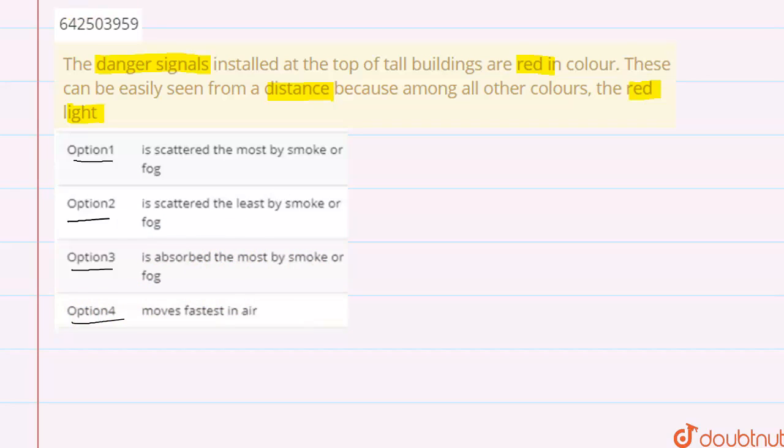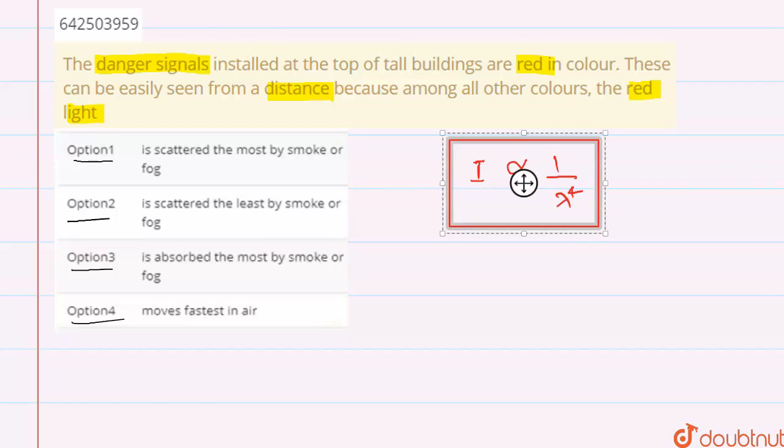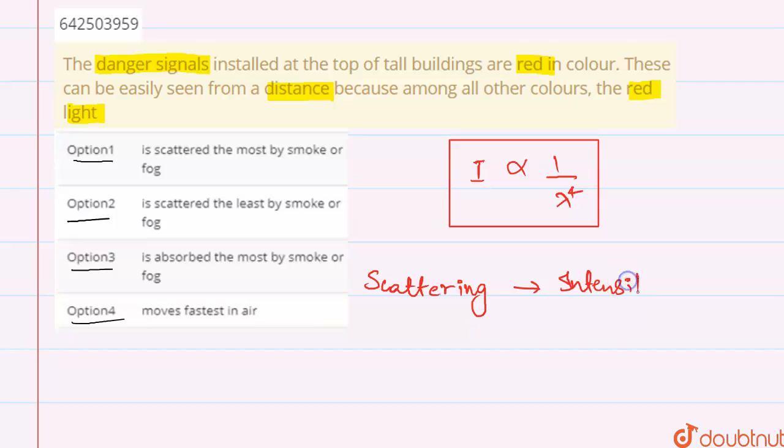So basically, in the context of scattering, we know from Rayleigh's experiment that the intensity of light is inversely proportional to the fourth power of lambda. This is Rayleigh's result. And we know that scattering is directly proportional to the intensity of light. And we know that among the VIBGYOR pattern,